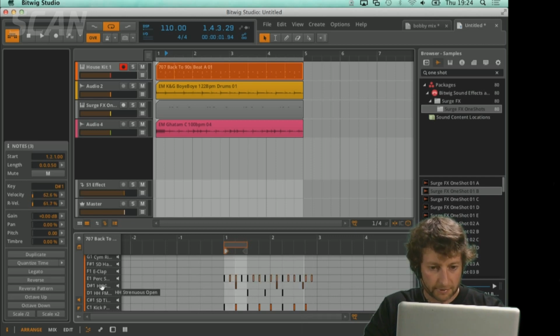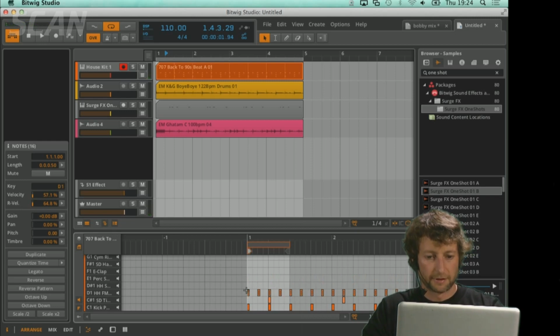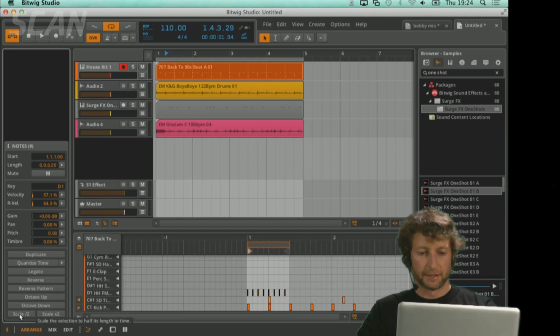Actually, I'm going to start by moving what should be the snares down and zoom in a little bit so I can see a bit better what's going on. And I'm just going to drag those down to the snare. Click on it to select all the line. I'm going to bring those down. And the other thing I'm going to do is half time the hi-hats just to make it a little bit more